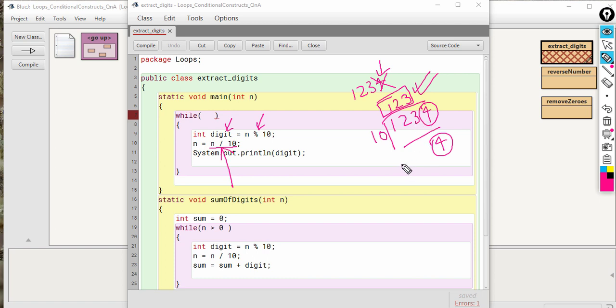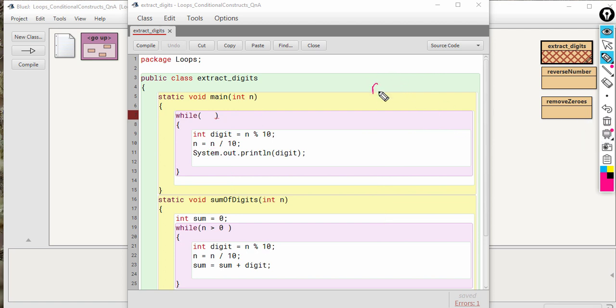So this is the rule. If you want to extract the last digit, apply the modulus operator using 10 as the divisor, and if you want to eliminate the last digit from any given number, then use the division operator. After applying the division operator, we'll get the value 123, and I am storing that 123 in the variable n.